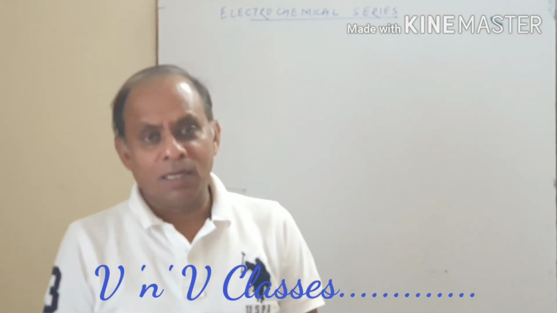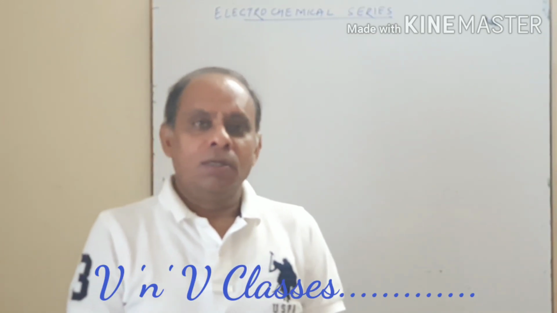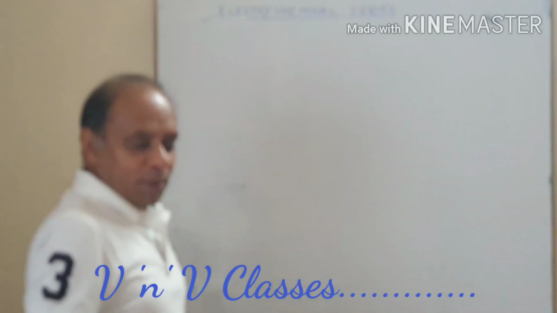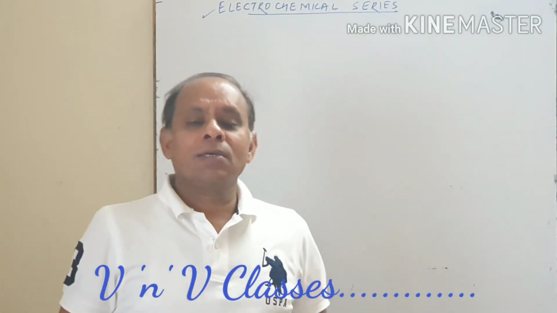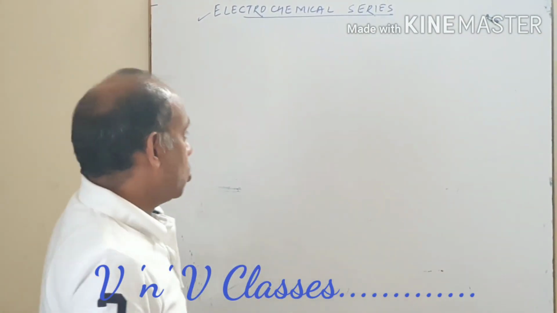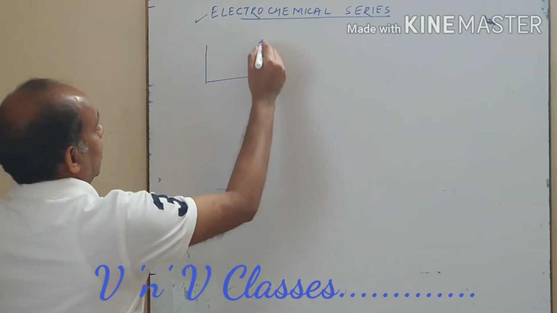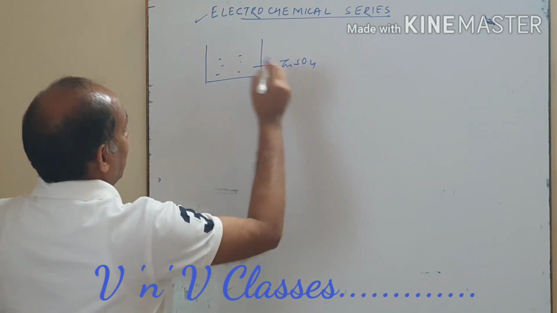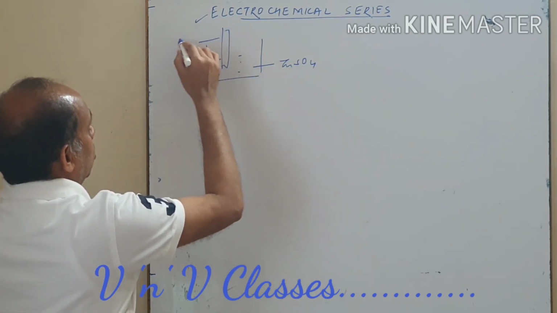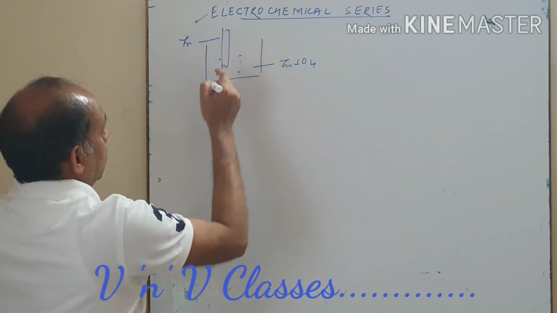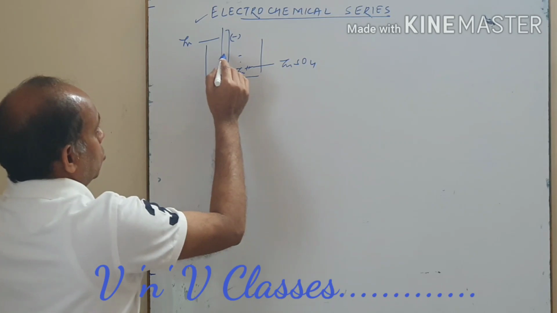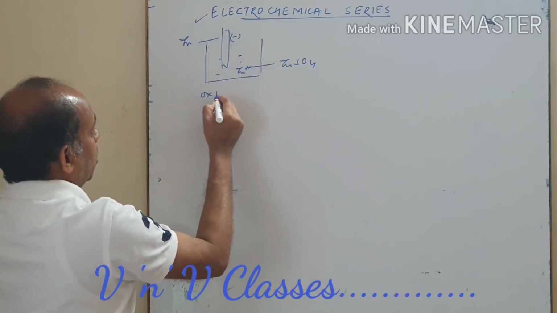Hello students, in continuation to the electrochemical cell and electrode potential, today we have to talk about the electrochemical series. If you remember, in the previous video we discussed electrode potential. In short, whenever a metal salt solution, for example zinc sulfate, is taken and you dip a zinc rod into it, the zinc rod, because of its reactivity, gets a negative charge and zinc ions are produced to the opposite field, and electrode potential is developed.